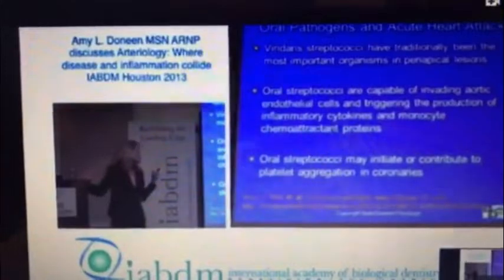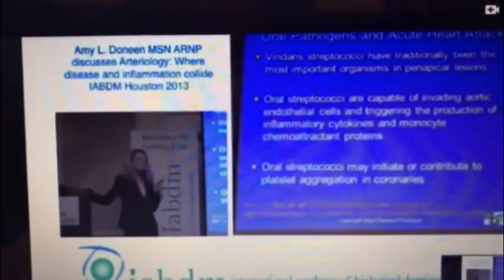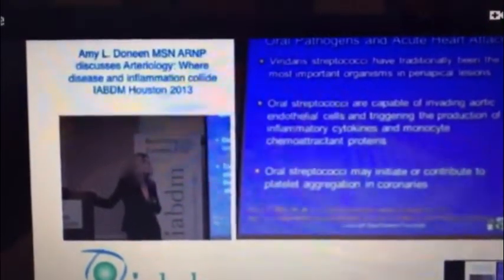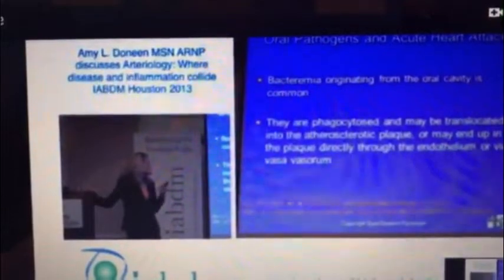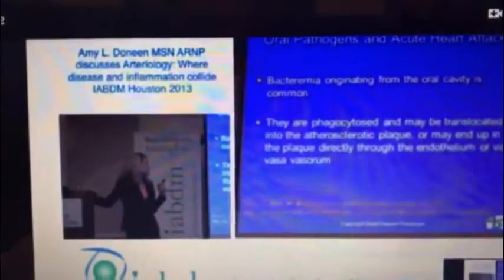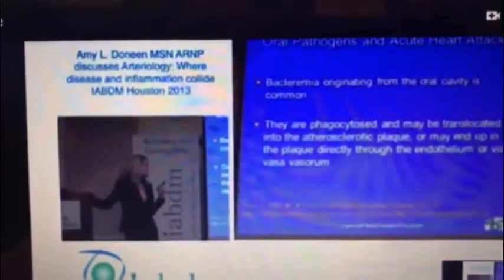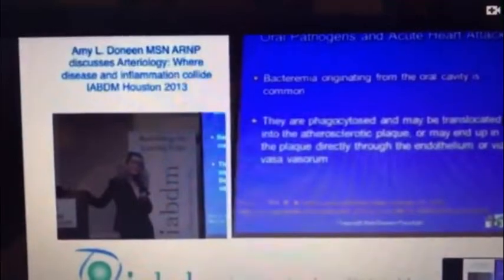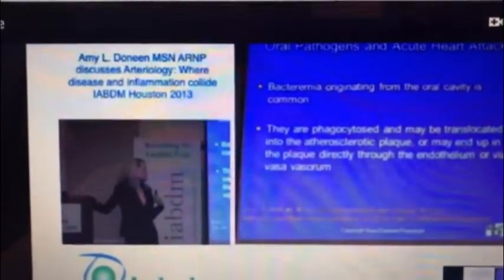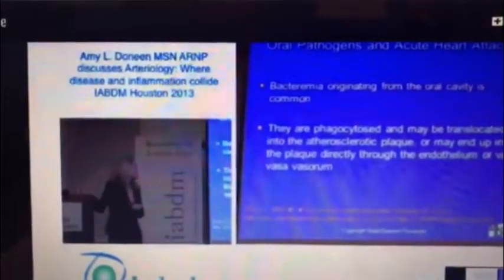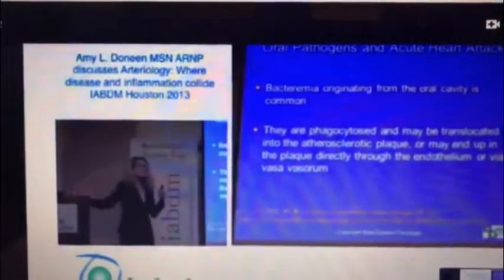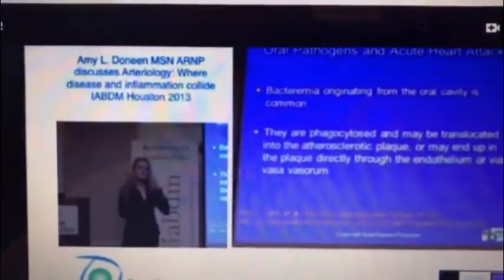The oral strep may initiate or contribute to platelet aggregation in the coronaries. The bacteria originated from the oral cavity is common, and they are phagocytosed and may be translocated in the atherosclerotic plaque or may end up in the plaque directly through the endothelium or on the other side of the artery